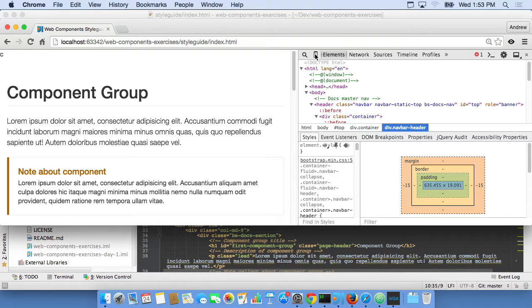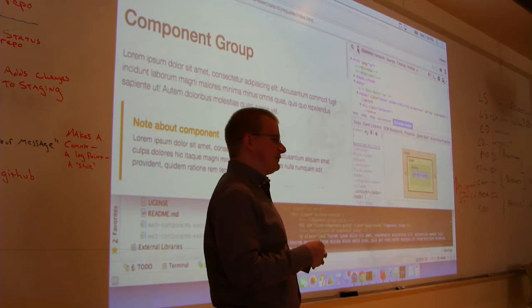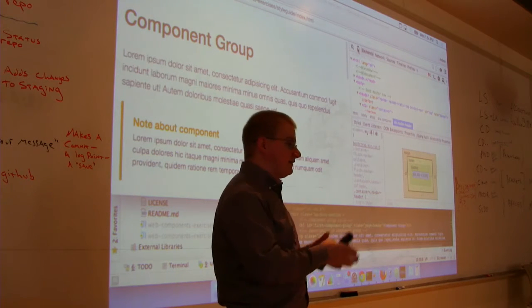All right, so now we're going to talk about emulating devices and emulating different connection speeds for users. So we know that the web isn't just accessed on high-speed laptops anymore, right? We access the web on all sorts of devices, on big screens, on small screens, on screens in the middle,